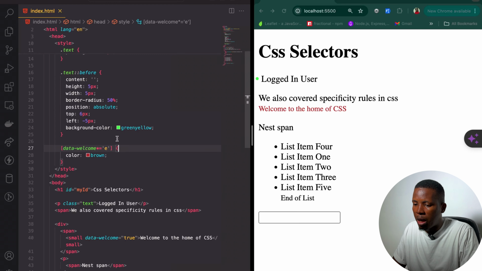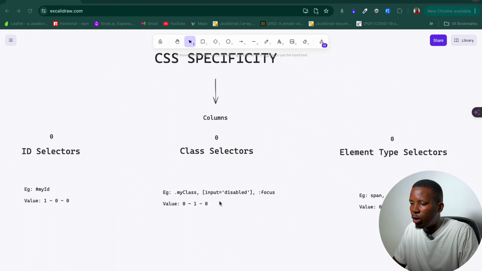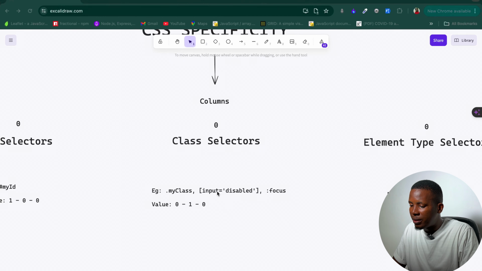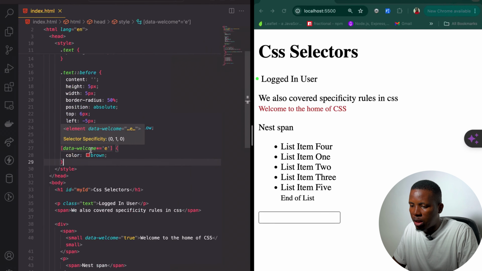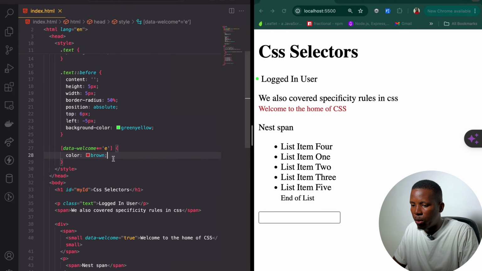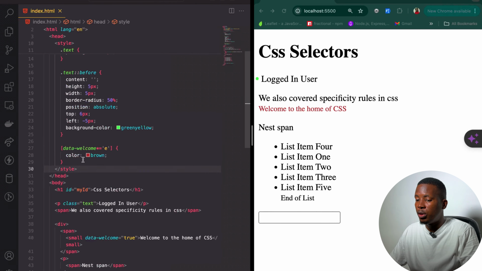Now, in terms of the score, of course, attribute selectors, from the examples I gave here, are definitely on the middle column, which would definitely add a 1 to the middle column. So if I hover on this, you see that this is a 010, which means it's really strong, just like the class selector. So for most of the use cases, these are the selectors you would ever really need